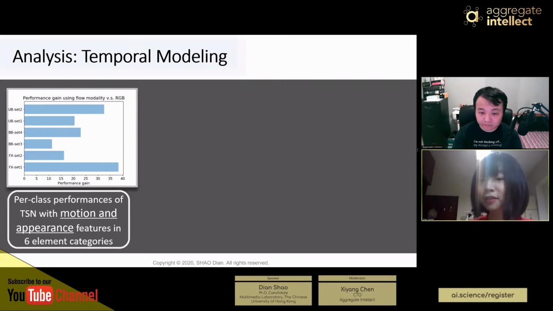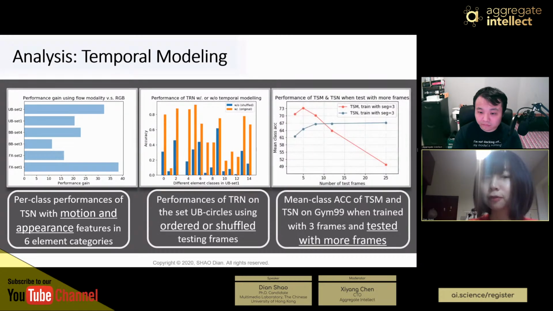To further study this, we do analysis on 2 more fancy methods. TRN for Temporal Relational Network and TSM for Temporal Shift Module. Both of them possess innovative modules for longer-term temporal modeling. First we see the study for TRN. When we shuffle the input frames during testing, so the temporal relationship is destroyed, it suffers a severe drop in performance. And next, for the temporal shifting model in TSM, when we train TSM with 3 frames and